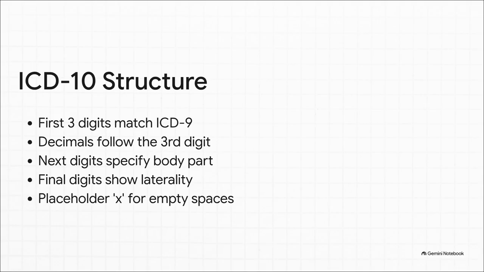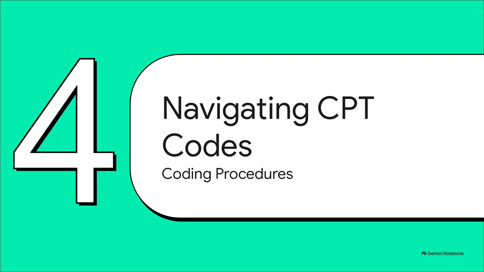Excludes 2, on the other hand, means not included here, which means the condition isn't part of the code, but you can actually code them both together if the patient happens to have both. It's a highly specific, almost mathematical style of coding. Okay, moving to section 4, we pivot from diagnosing the problem to actually coding the solution, navigating CPT codes for